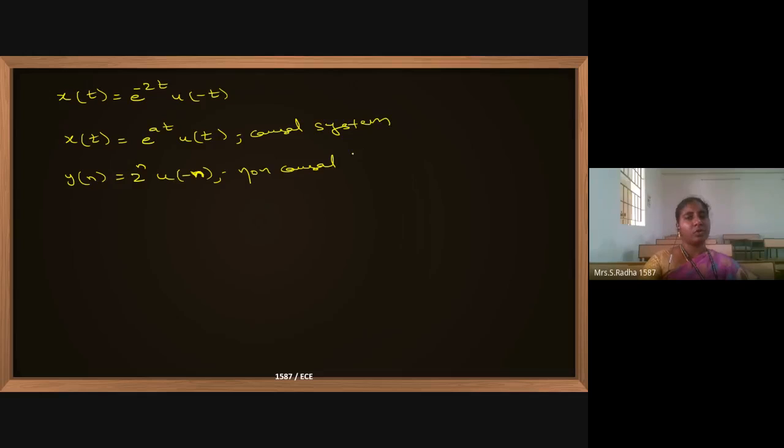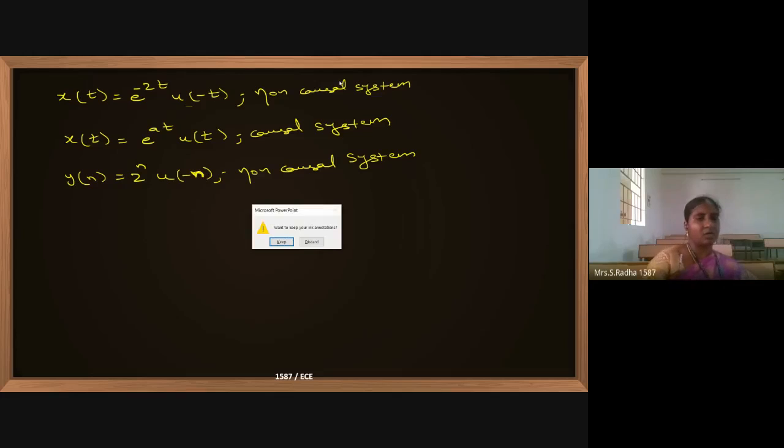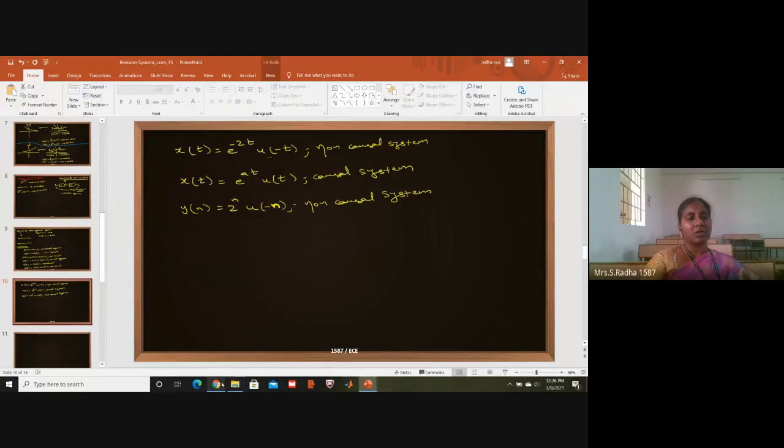You work it out with the detailed procedure, and you will get the same answer. And here, if you put negative values, this will become positive, which is becoming future. Future means anticipatory, so it is a non-causal system. You have to put one positive, one negative, and one zero value. Based on that, you have to decide whether it is a causal system or not.